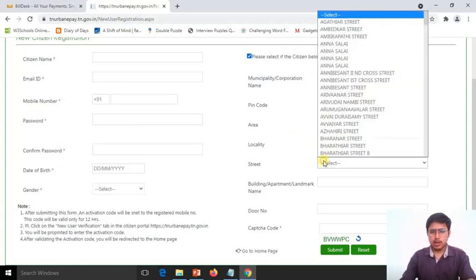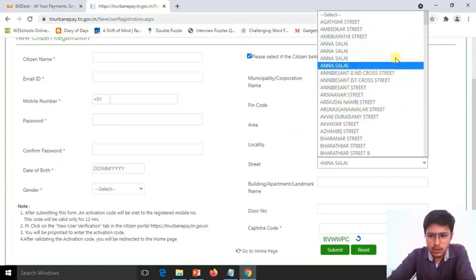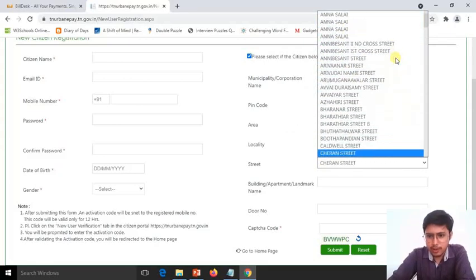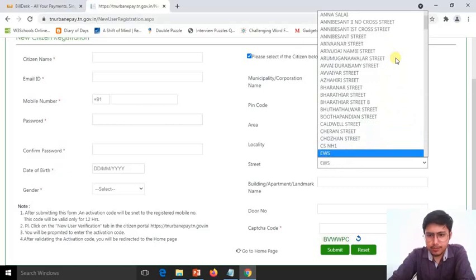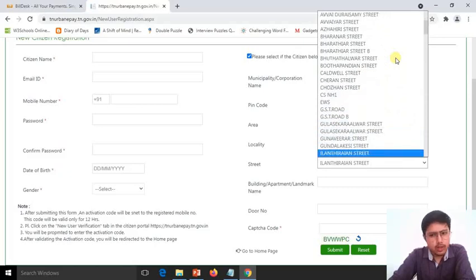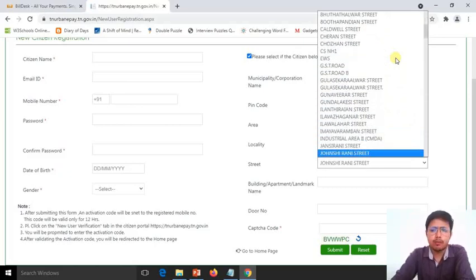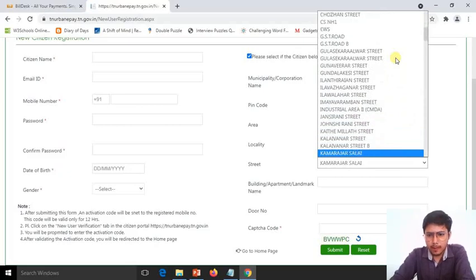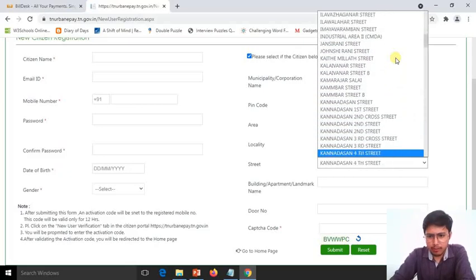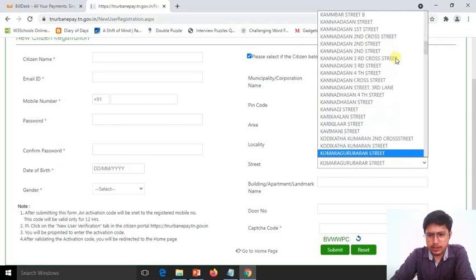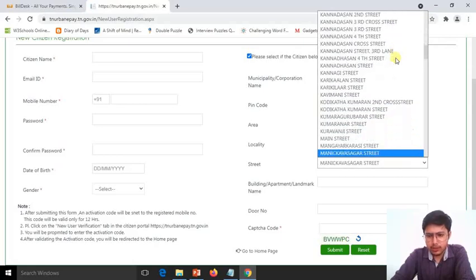In Marai Malai Nagar, in street, you have to select, let's see which street will be perfect for here. Actually you can click on GST Road, it will not make much difference. But otherwise, let us see what all options it is giving us here.